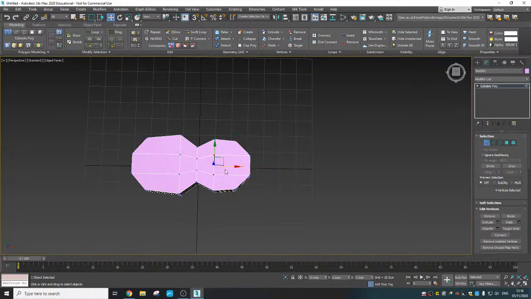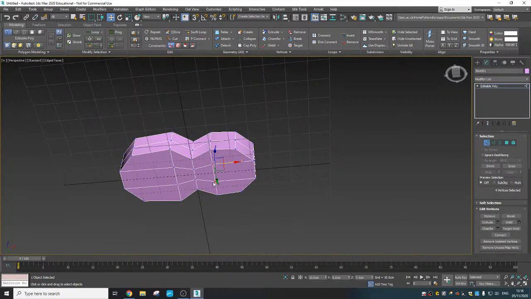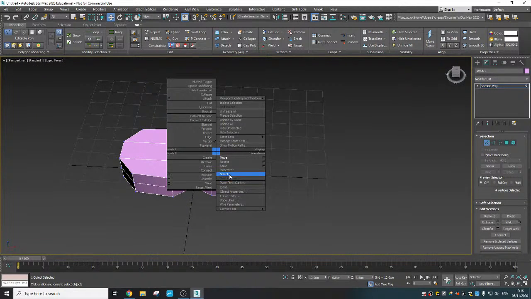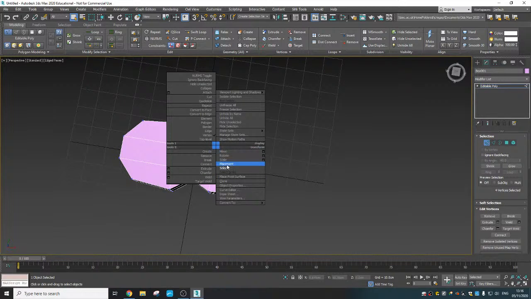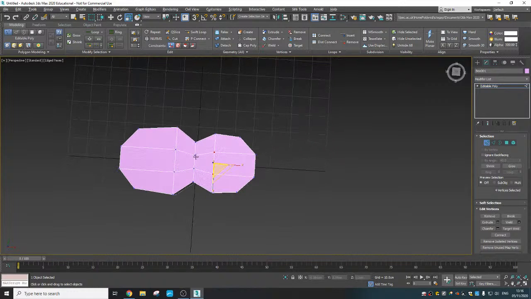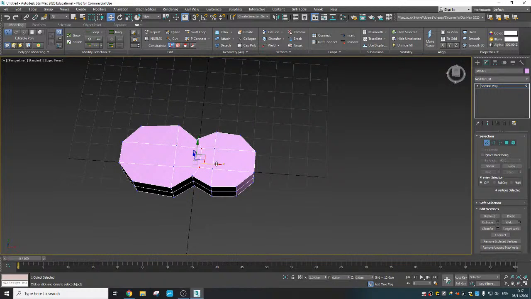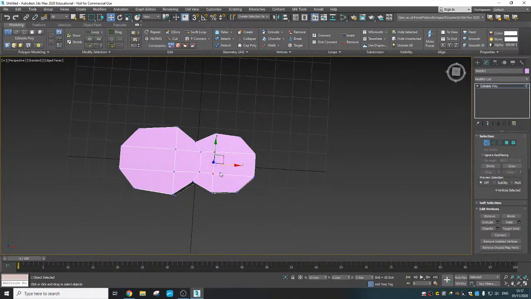Okay, the next thing I want to do is marquee select this section here, because this is where the hole is going to be. So I've got the top 2 vertices and the bottom 2 vertices, and I'm going to scale in, and I'm going to try and create a square here. I'm going to do the same for this side, so make this look as square as possible, and I'm also going to move it in so it's above the